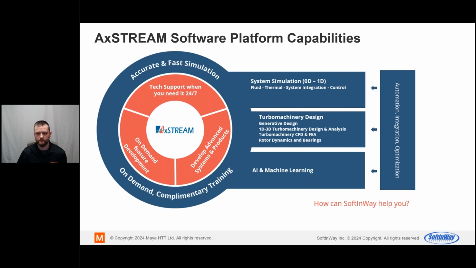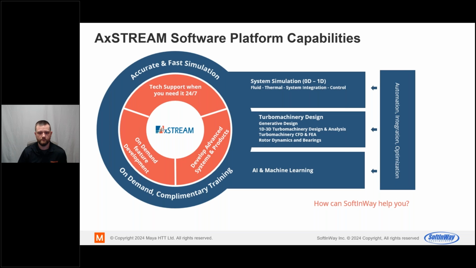A little bit of the Softenway portfolio, the Axstream software platform. What we're talking about today is just a fraction of what we offer. It's the turbo machinery design, which you can see in the middle, which includes generative design, 1D, 2D, and 3D turbo machinery design analyses, and some rotordynamics and bearing calculation.